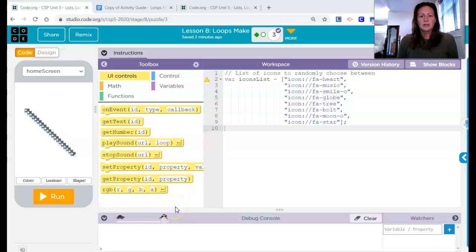Okay, so here we are. We need to make this lock screen maker app work. They have given us a list of icons to randomly choose between. So there is our list. I assume we're going to put some loops in because there are 20 icons provided that they have already created